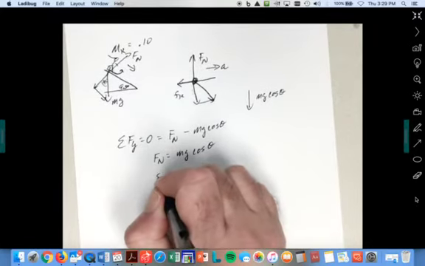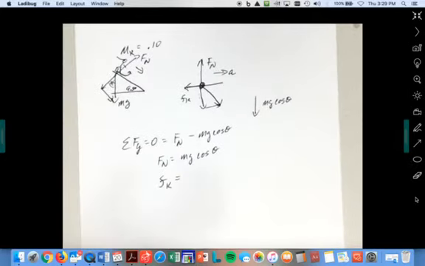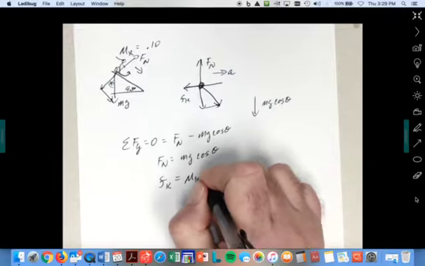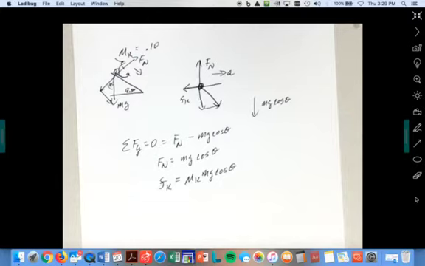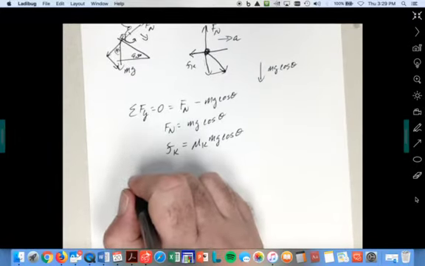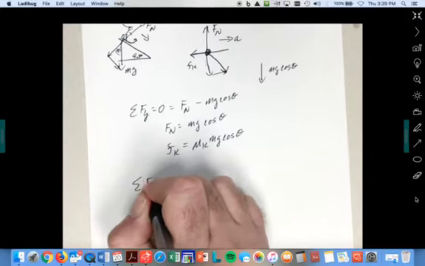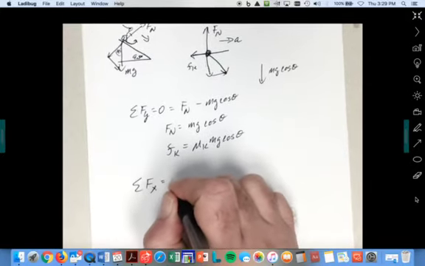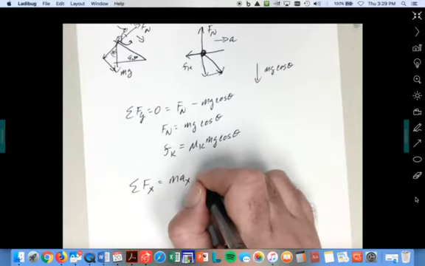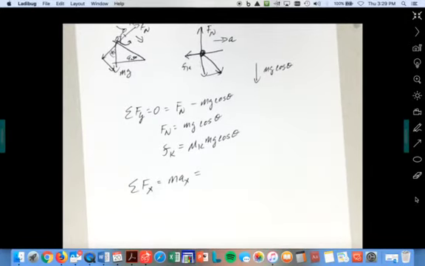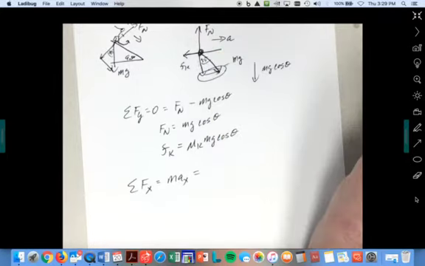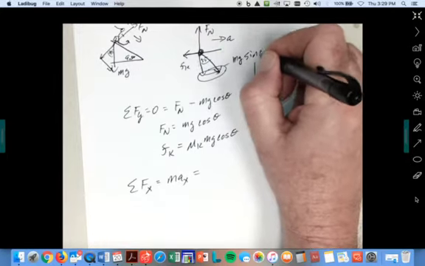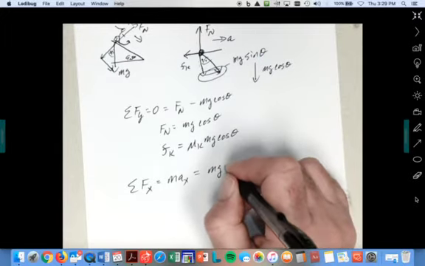Real quick, I'm going to put in what the kinetic frictional force is, because that is equal to mu k times mg cosine of theta. And if you leave all your numbers out till you get done, then you'll be all right. Now, it's got an acceleration. So the sum of the forces in the x direction is equal to mass times the acceleration in the x direction, which is equal to this vector, mg sine of theta, because it's the opposite angle. So that's positive: mg sine of theta